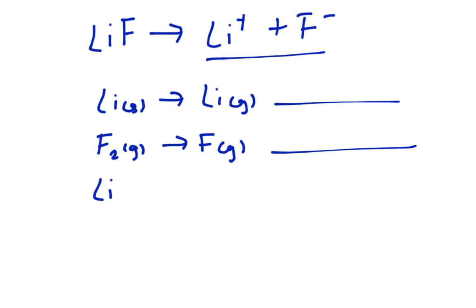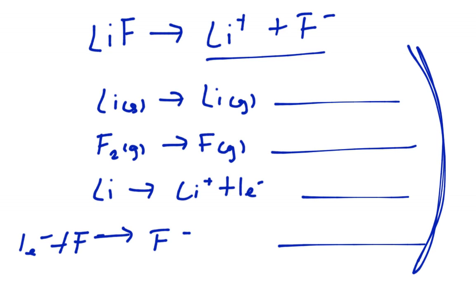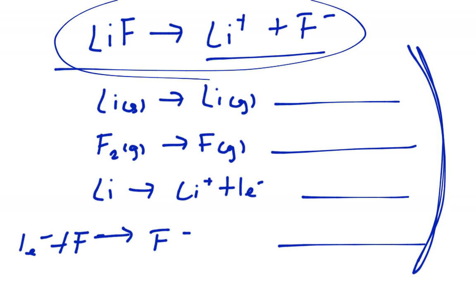And I'm going to have to look at the energy involved in breaking that bond. I'm going to also have to look at going from Li to Li plus and losing that electron. So what is its ionization energy? And then going from F to F minus, and what is its electron affinity. If I know all of these things, I can add them all up, because that will get me back up to this if I put all those things together, and I can say what the lattice energy